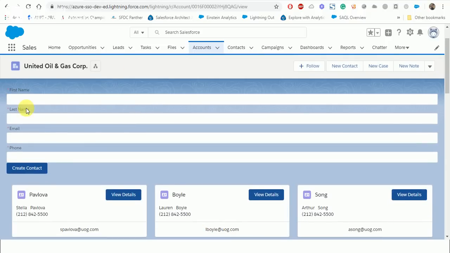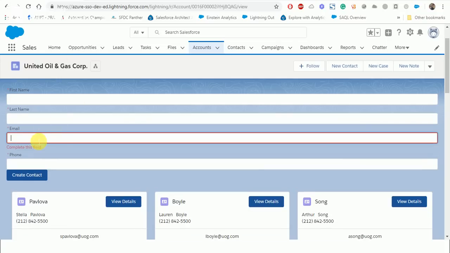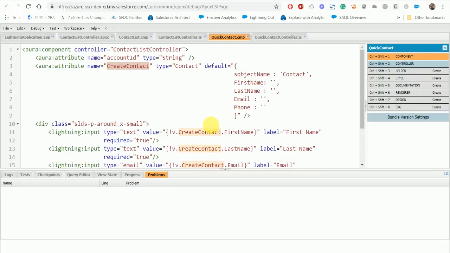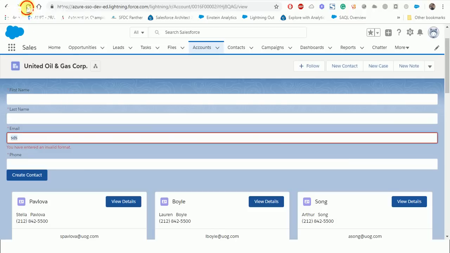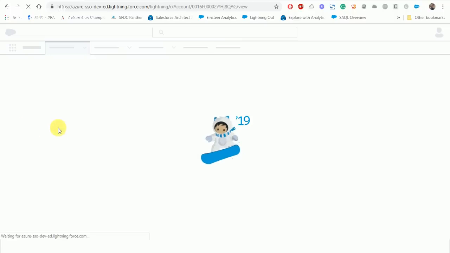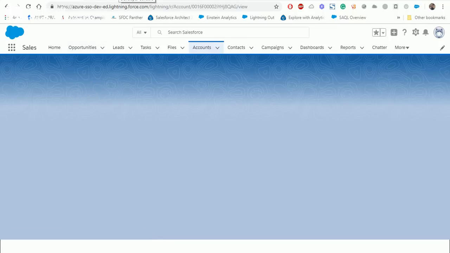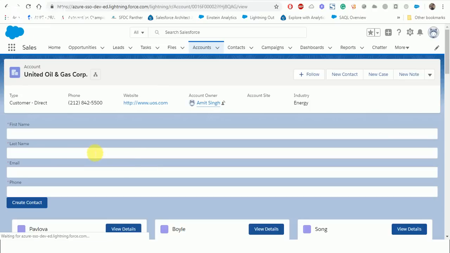Now what if I am sending some email, not like in the email form, I'm just sending this one. Just remove the validation from the component. For example, last name is required to create the contact, and for the email we are already using email as an input type. So let's say if I'm not sending the last name, I'll get an error from the server side. So what error will I get? For that, what we need to do,